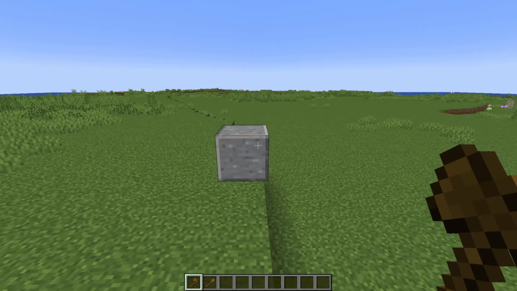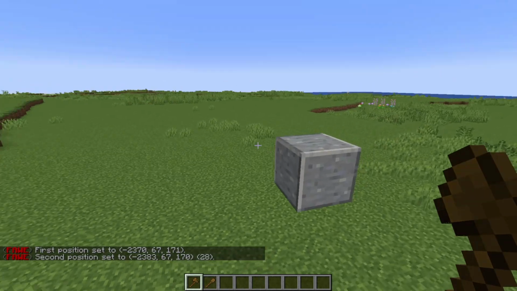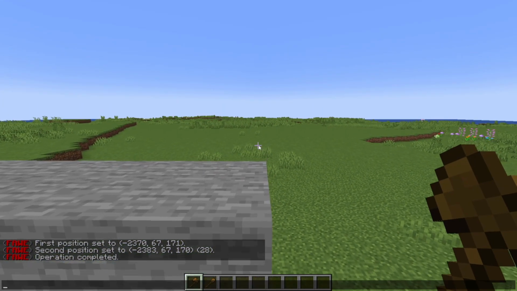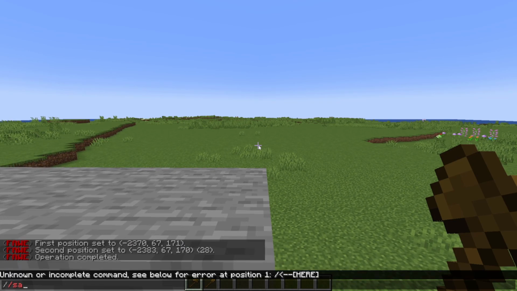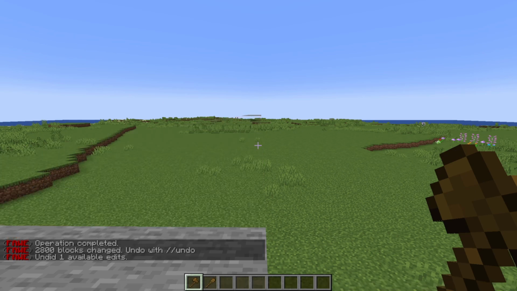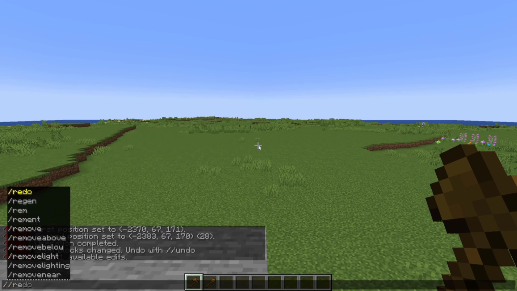For this tutorial, I'm going to use the very useful mod called World Edit. It lets you do large operations like moving, stacking and removing objects with ease. You can still follow along without it, but I highly recommend you to get it since it will save you both time and effort.